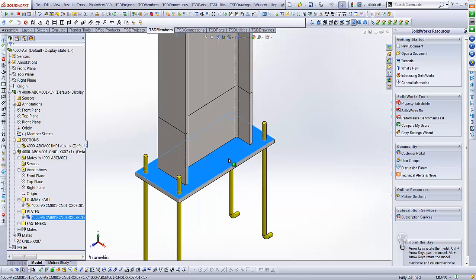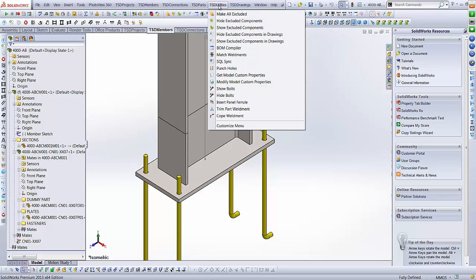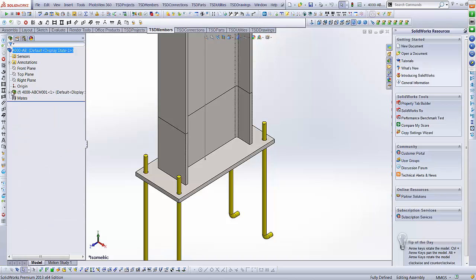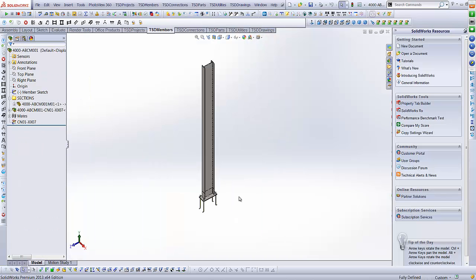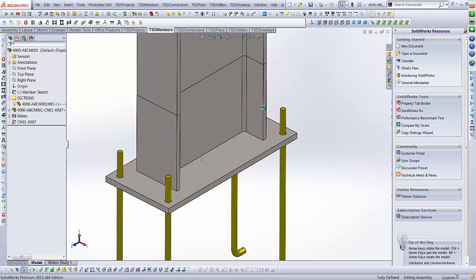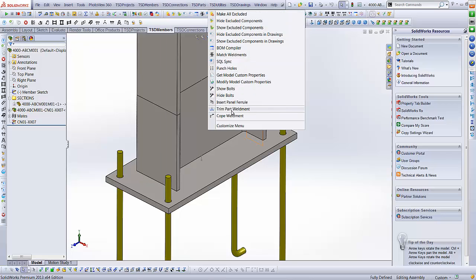Now this member here needs to be trimmed off, so we're going to use the TSD Utilities Trim Part Weldment, and you need to be in a member to do that. It's a good warning, that one. Catches me all the time. You need to be at a level to which it works, and in this case you need to be in the weldment member level. And if I go back into the utilities and go trim part weldment,